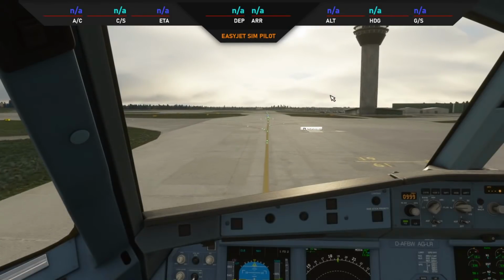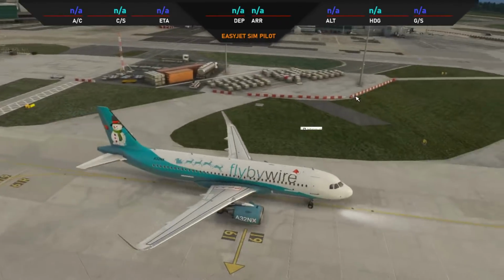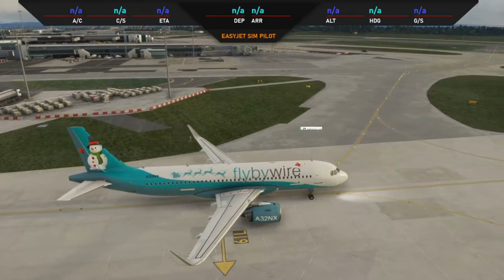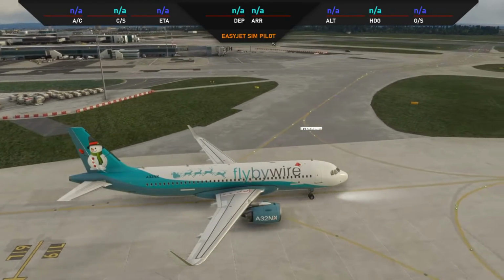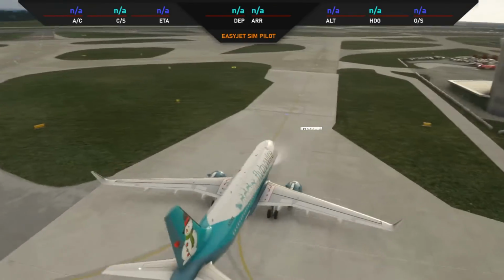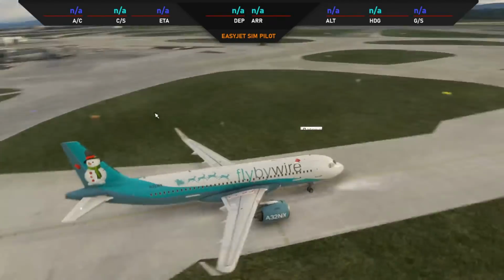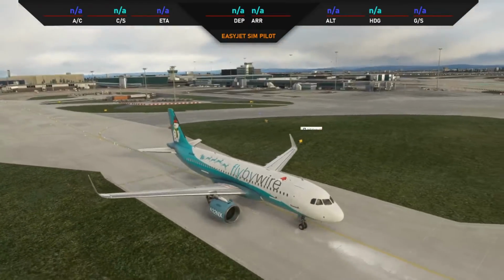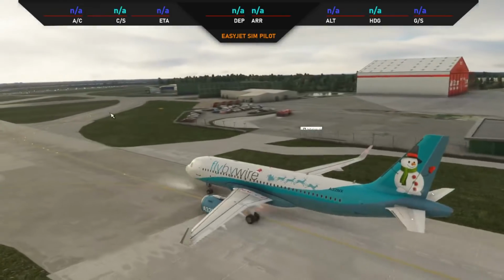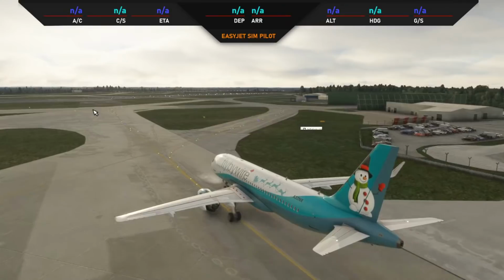So whilst we're taxiing, let's have a little look outside at this wonderful Manchester airport. Looking very good. And the stand just over there is where the A380 for Emirates parks. The large stand. I should have taken that taxiway down there, but never mind, we'll take it a little bit further on in a moment. There's the old control tower and the new control tower just there. Is that the Jet2 building? I believe it is. And in the hangar just here,